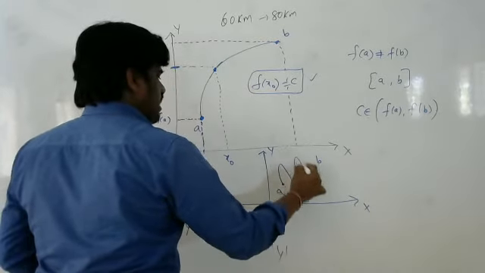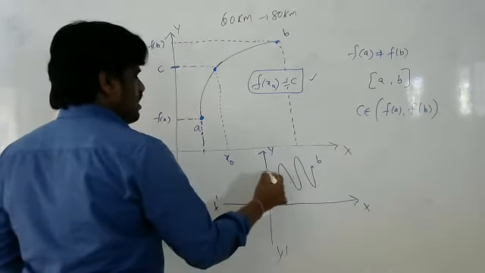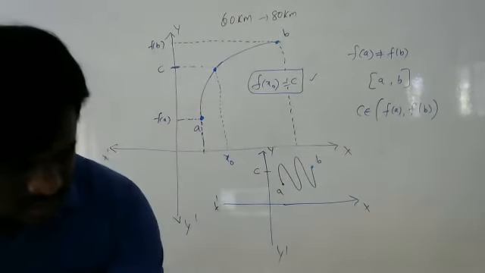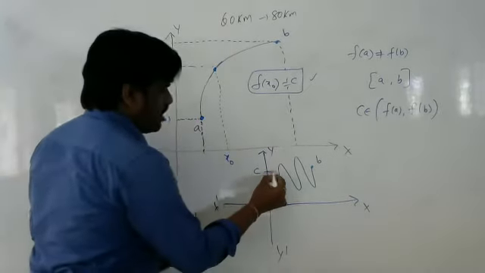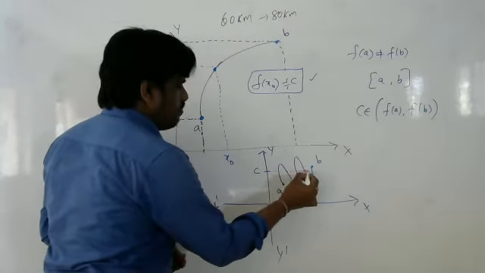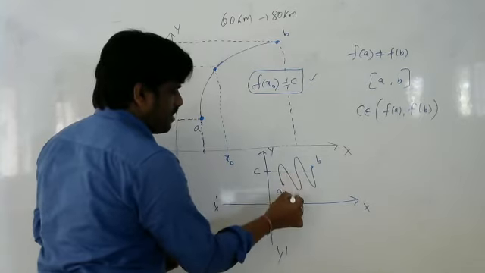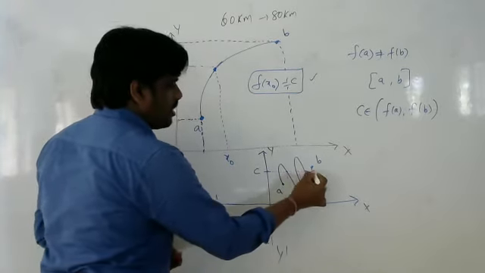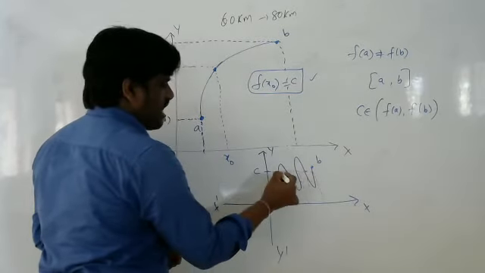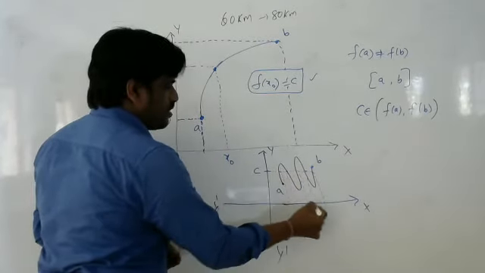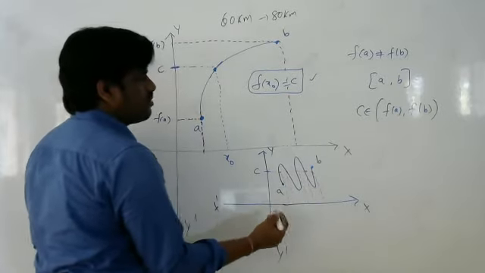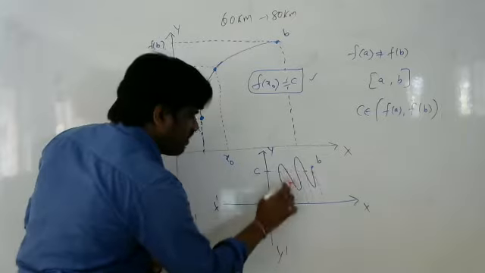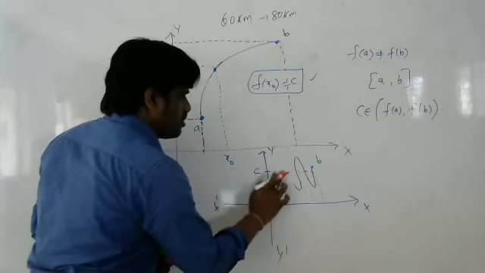Means the road is like this, like this, like this. When you see C, see how many points it will cut. Here one place, here one place, here one place, and here also one place. So if the graph is like this, more than one point will exist. There will be C1, and if it comes down, C2, C3 are also possible.